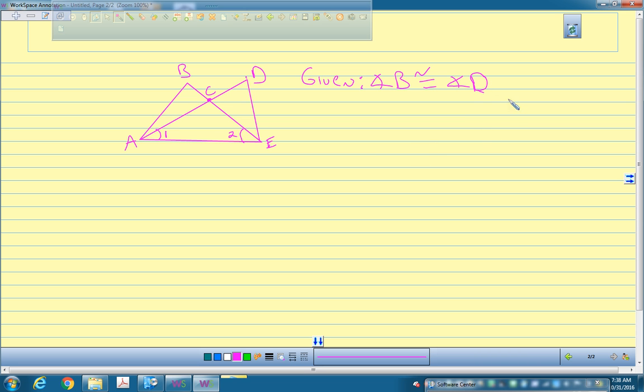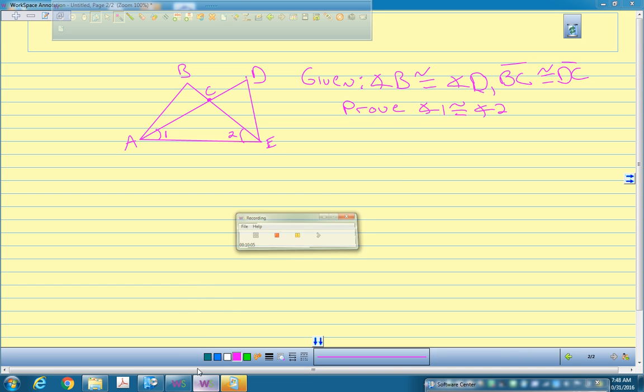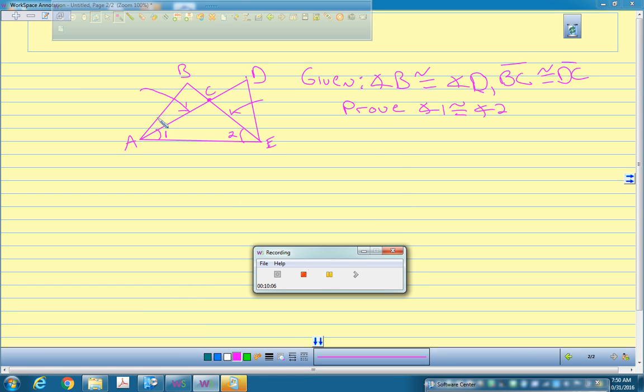BC is congruent to DC. Prove angle 1 is congruent to angle 2. Okay, so this one, okay, so